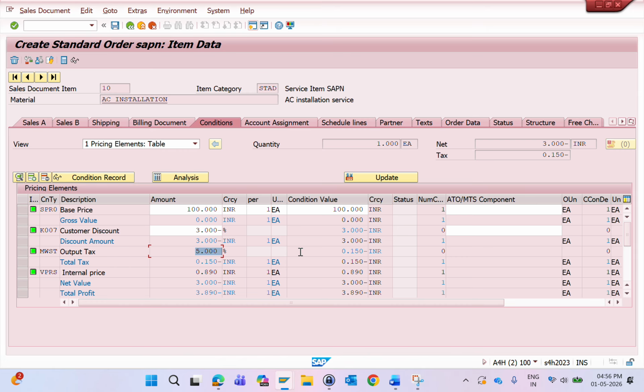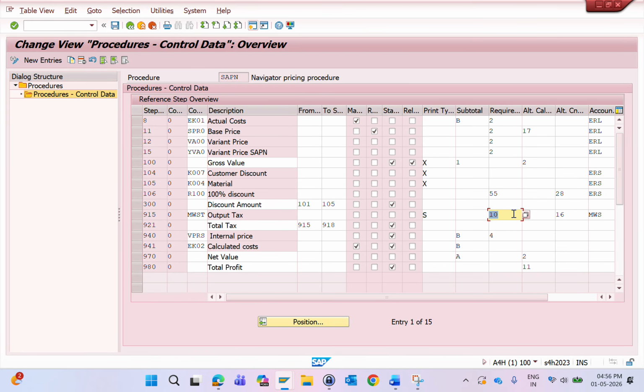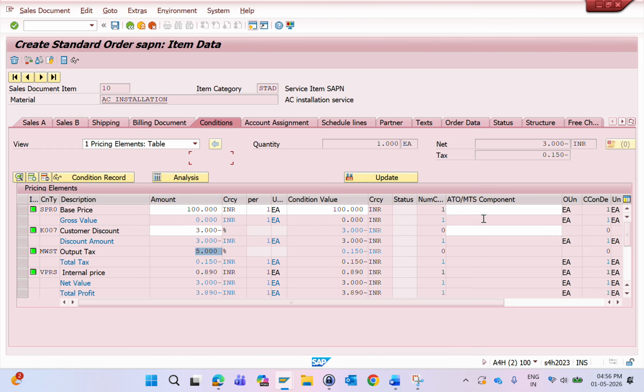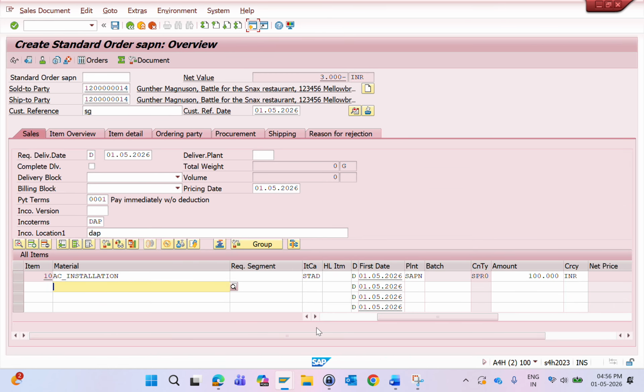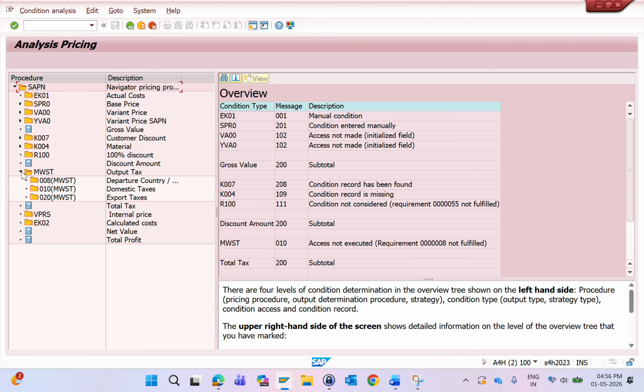Output tax 5% got determined because for tax condition MWST we have assigned requirement 10. So what is this requirement doing? We are checking whether the plant is there or not for this sales document. For this sales document plant is there, that's why the 5% got determined. So we will remove the plant and let's see. I will remove the plant, press enter. If I go to conditions tab, see there is no tax. If I go to analysis tab, MWST,